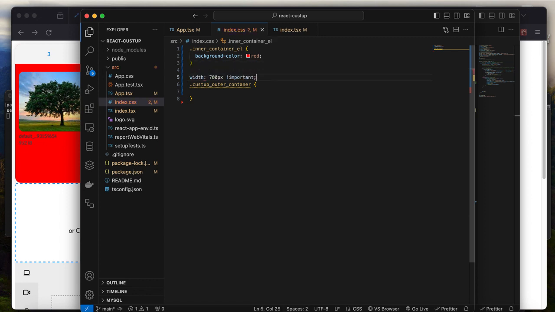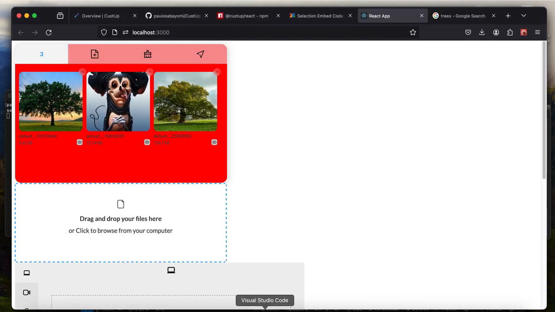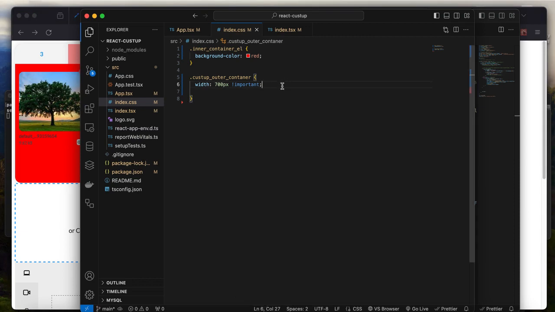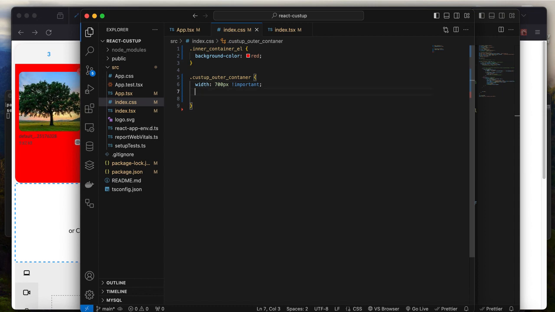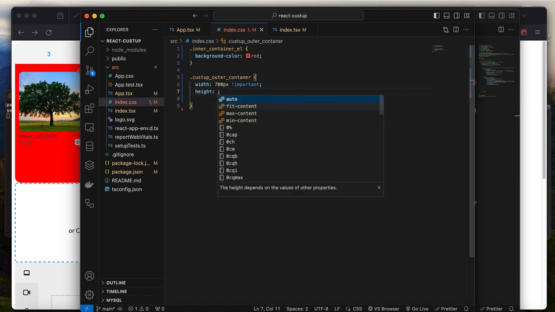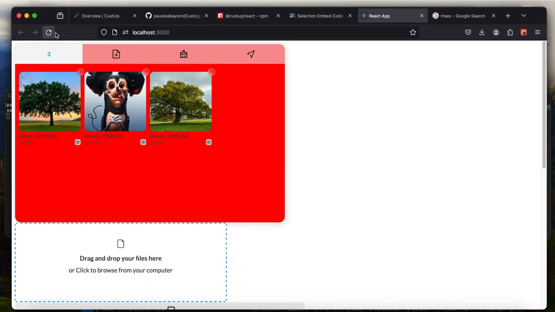So let's move this down, with 700 pixels. Okay, let's load it. As you can see, the width has been set, and let's set the height also. Let's set it to 450 pixels, important. Okay, as you can see,